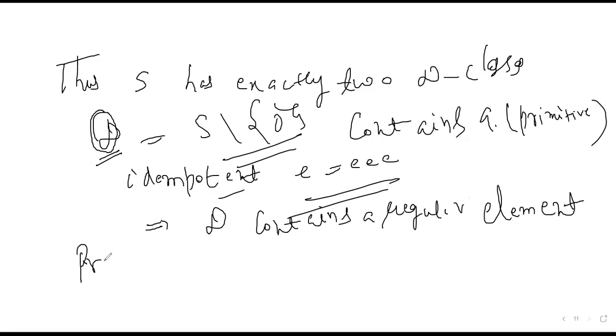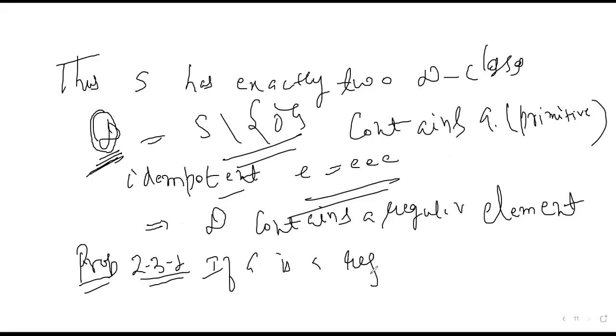अगर आपने देखा होगा, we have this proposition 2.3.1 in the book of Howie. आपने ये पहले कोर्स में पढ़ी होगी. ये कहती है कि कोई भी D क्लास या तो उसमें कोई भी रेगुलर एलिमेंट नहीं होगा या सारे एलिमेंट रेगुलर होंगे। मतलब अगर उसमें एक एलिमेंट रेगुलर है तो सारे एलिमेंट रेगुलर। प्रोपोजिशन की स्टेटमेंट ये है, if A is a regular element of a semigroup S, then every element of D_A is regular. उसकी D क्लास में हर कोई एलिमेंट रेगुलर होगा।